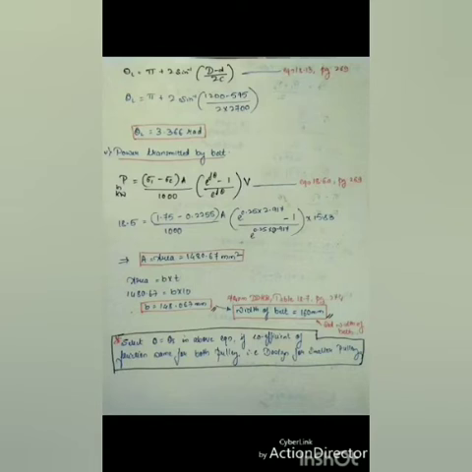So substituting all the values, for the cross-sectional area of the belt, since it is a flat belt, the cross-section will be rectangular, having width b and thickness t. So for the cross-sectional area we have got this many mm square. Using this area you are supposed to find the width of the belt. So b equals 148.067 mm, this width you have got. Using the data handbook standard width of belt, you have calculated 160 mm.